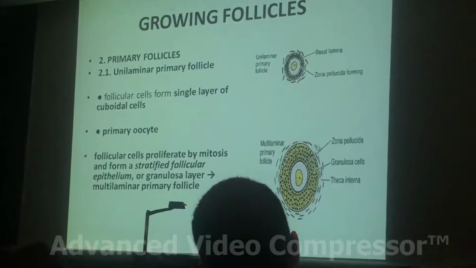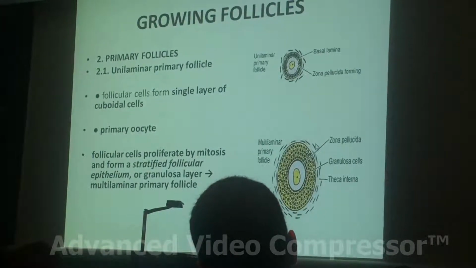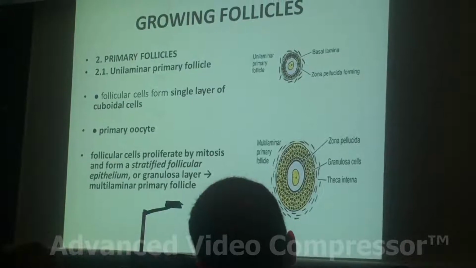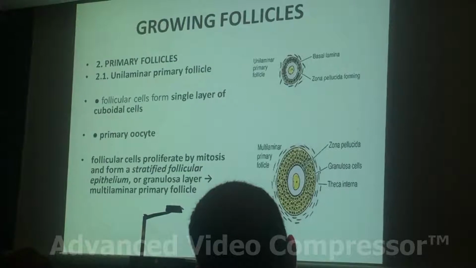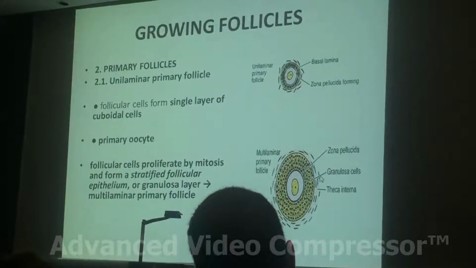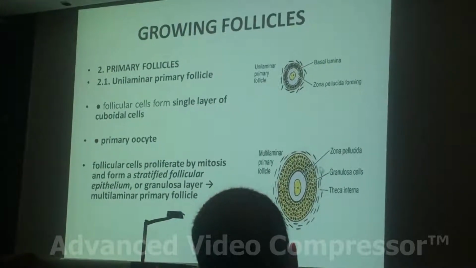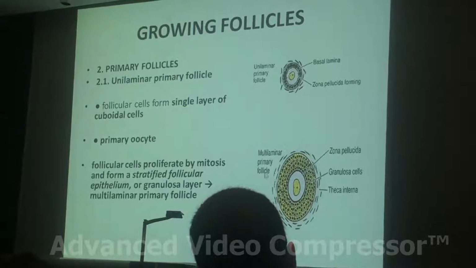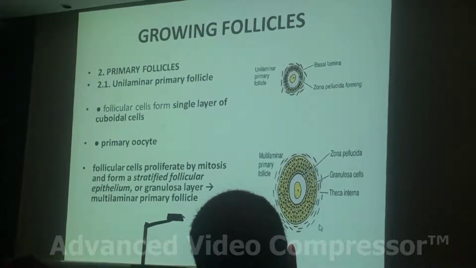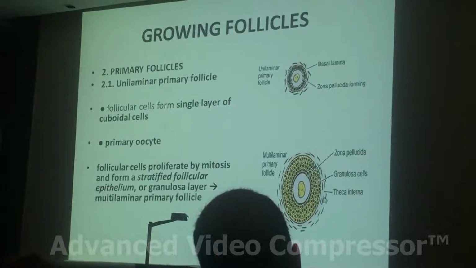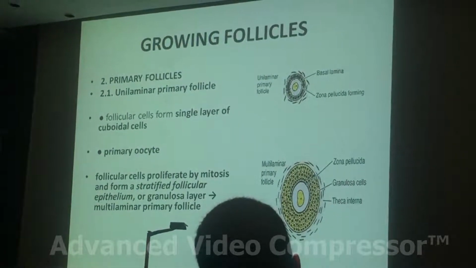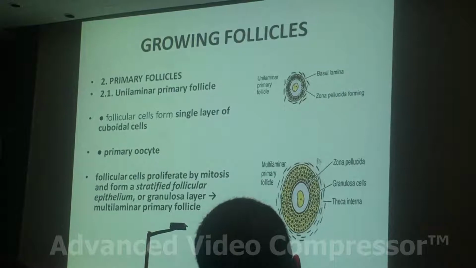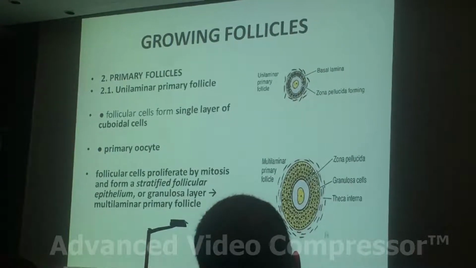The stromal cells of the ovary will differentiate into two distinguished regions. The inner stromal cells will be termed the theca interna cells. Theca and connective tissue support. The outer connective tissue cells will be termed theca externa. What's the difference? The theca interna cells are secretory cells. They do have a lot of secretory granules. The theca externa, not put here in the diagram, are the normal connective tissue cells that will act as a